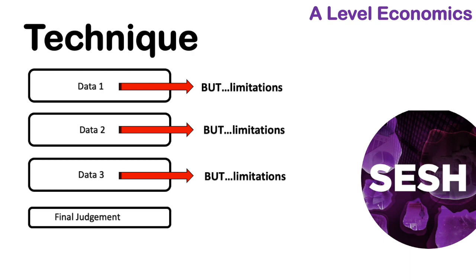They're on the same side of the argument. But there's nothing wrong with if you have 2 bits of data on one side of the argument and 1 bit of data on the other side of the argument. But be sure, if you have 2 pieces of data on side A of the argument, make sure that is where your final judgment is,